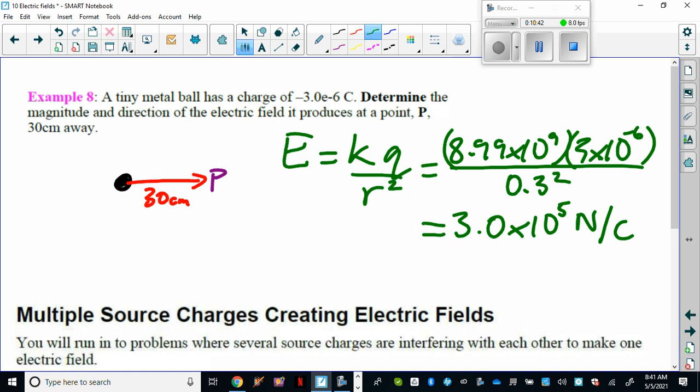What is going to be the direction of the field at that point? The direction of the electric field it produces at that point. I'm actually not going to do that yet because we really haven't discussed positive. Well, let's do it anyway. The direction of the electric field at that point is going to be just based on what we know. We know that the point P is essentially a positive test charge. This is negative, so that positive test charge will go that way. So it will be 3.0 times 10 to the 5 newtons per coulomb toward the source charge or toward the metal ball,